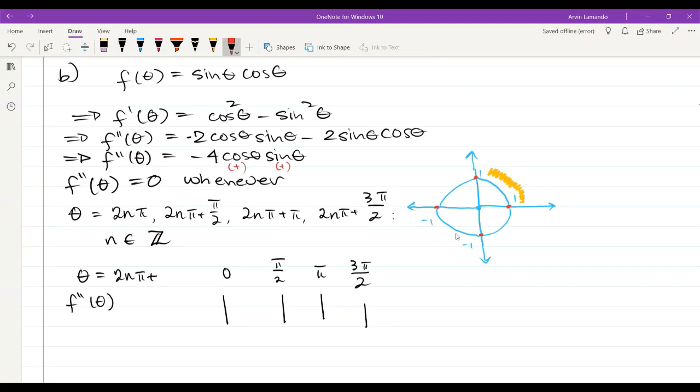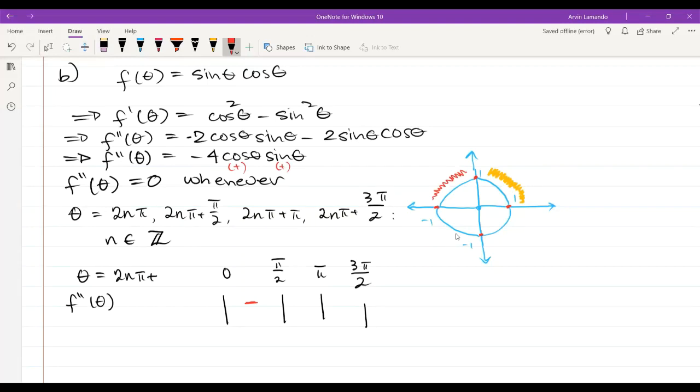And therefore, f double prime of theta is negative in this quadrant. Similarly, in the second quadrant, which is 2n pi plus pi over 2 up until 2n pi plus pi,